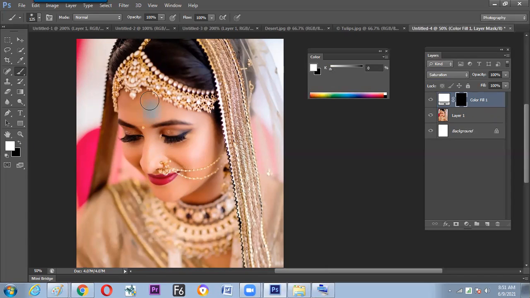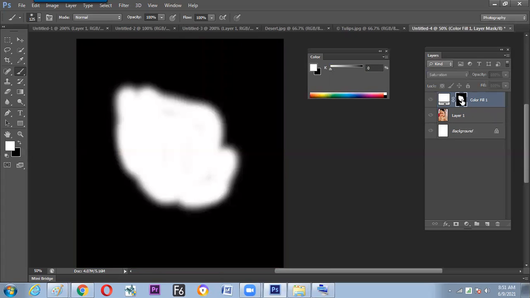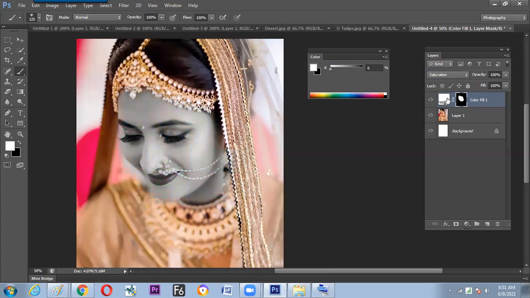You are just allowing things. So without fear you can move it, because we know at any time we want, we can get it white and black, because this is what you have painted. At that portion only the white color is going up and going through the blending mode saturation, so it appears black and white.